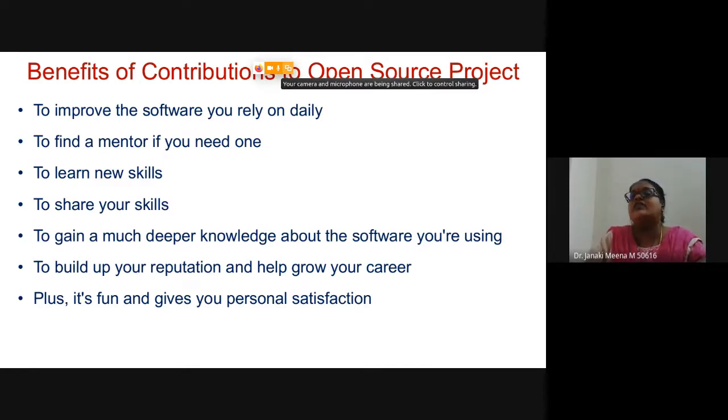I have heard that even after people go for a job, they do open source contributions. By that, they will have new opportunities, and if you want to switch, by that way also they take these open source projects as an option. One of my students who just finished his postgrad wanted to change the job.